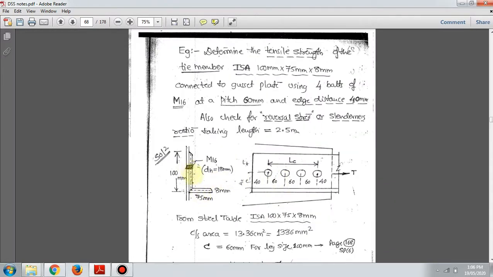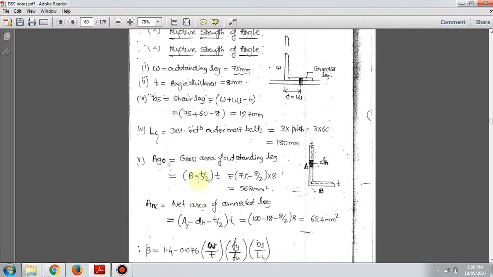What is W? W is the outstanding leg. The leg which is free, that is the outstanding leg. So this will be the W value, and T is 8 mm. What is bs? bs is nothing but W plus Wl minus T. All the formulas are there in the code. So W is 75, and Wl